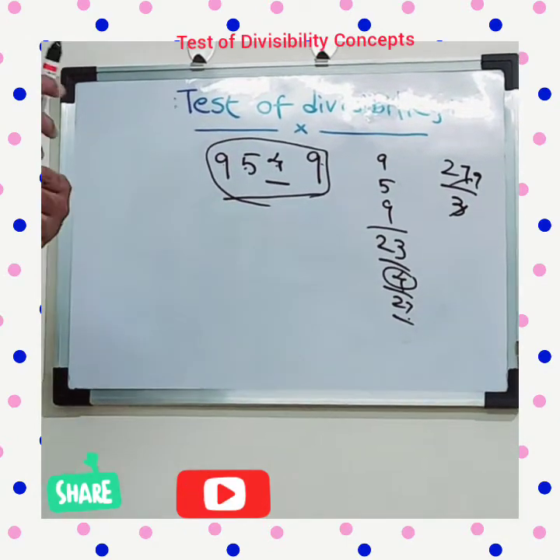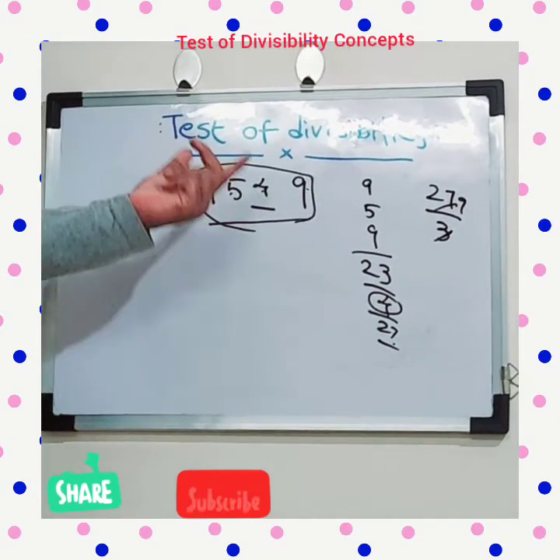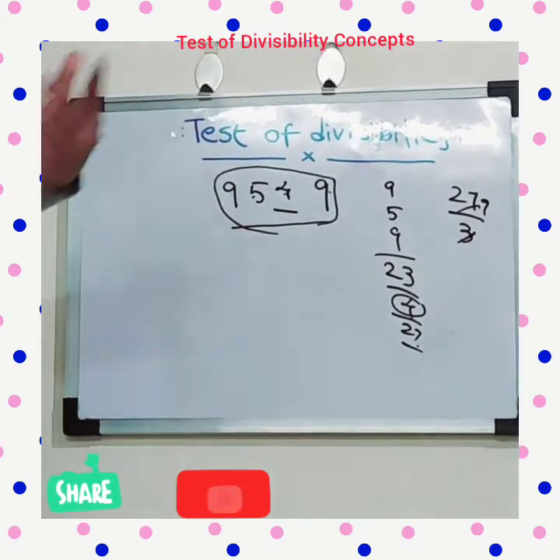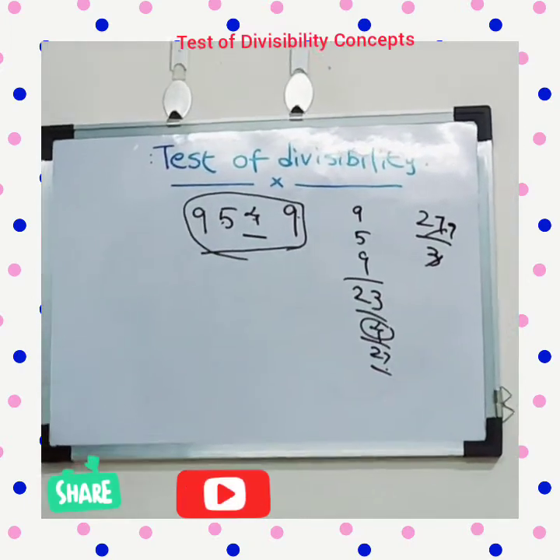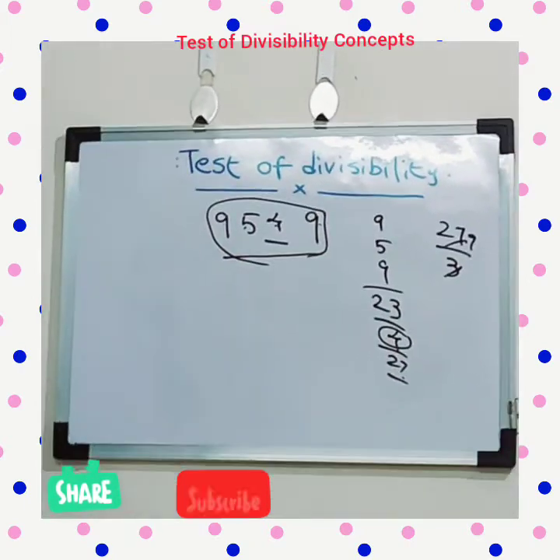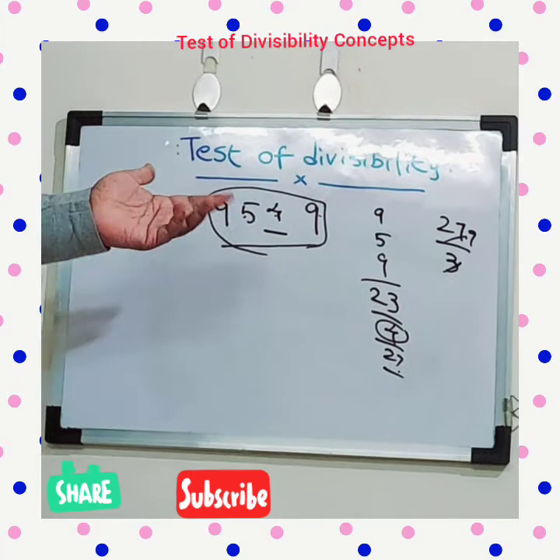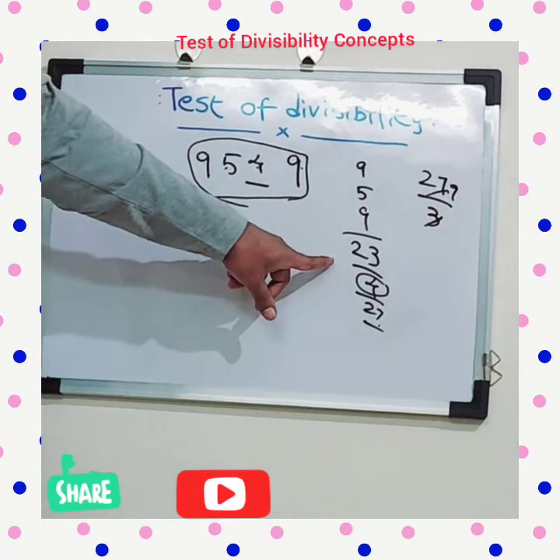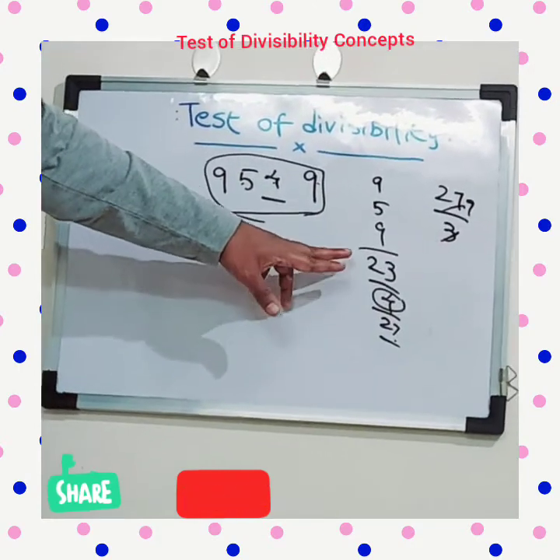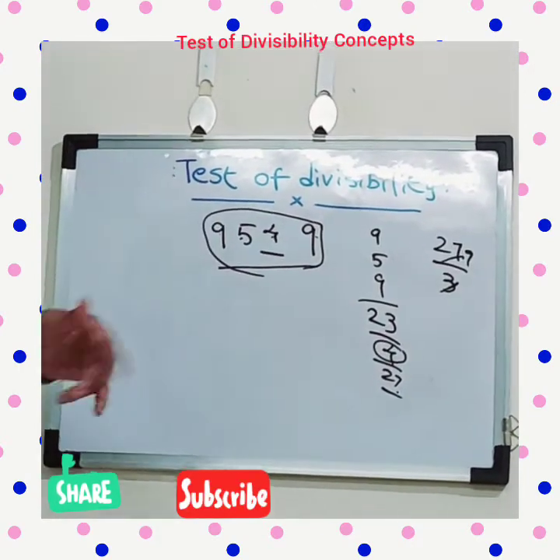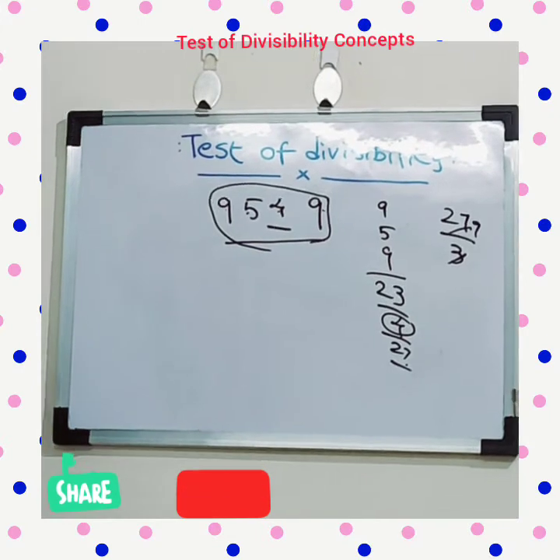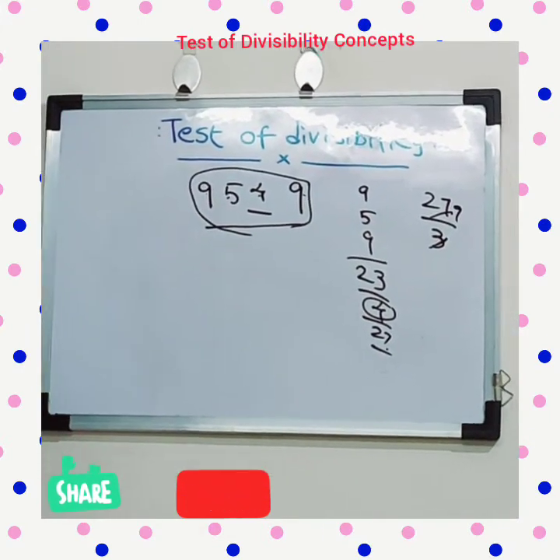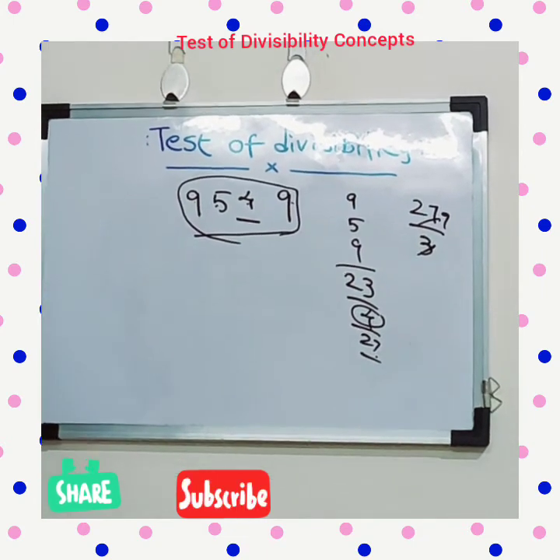In some exams, they will give a single number with one blank digit, and we need to find the value for it. Here we should use the divisibility logic, because 9 and 3 follow the same logic of divisibility. The only thing is finding the nearest multiple, and we look for the common multiple of 3 and 9. That logic we have followed here. How we analyze the problem and how we solve it is what is important. Thank you.